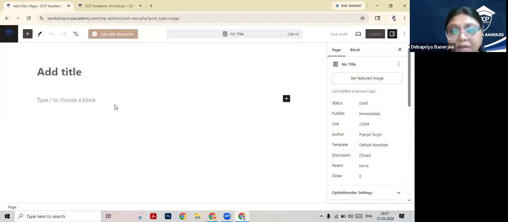This is the first page that you can create. So I can write it as home.